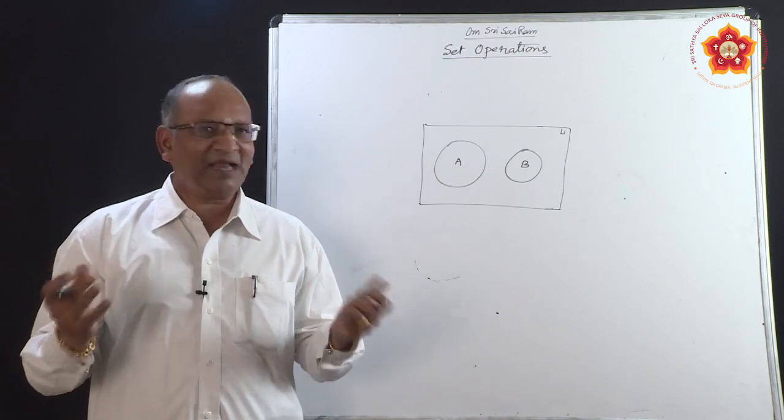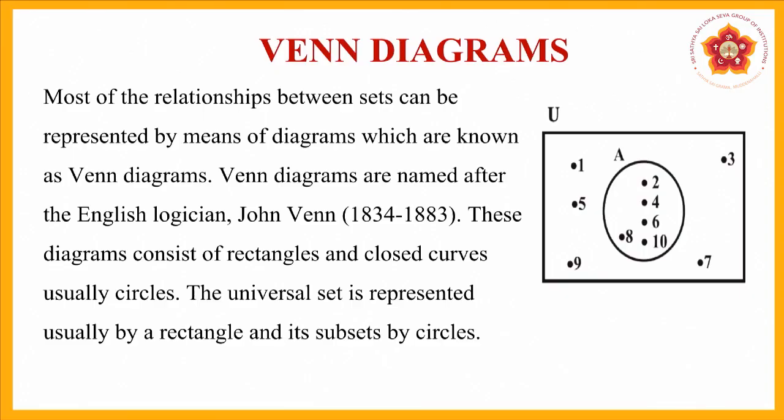So, what are Venn diagrams? Venn diagrams basically show how to represent a set, how to understand the concept of a set with the help of diagrams. You are familiar with this: whenever something is presented in the form of a diagram, it becomes easier to understand. So, we have a rectangle to represent the universal set, and we have other sets represented in the form of circles.